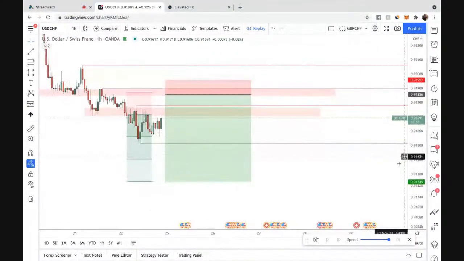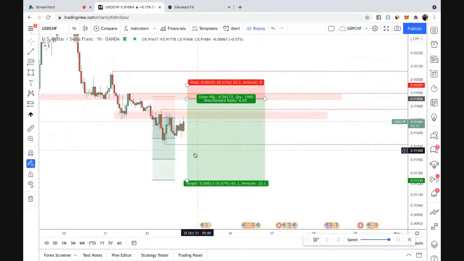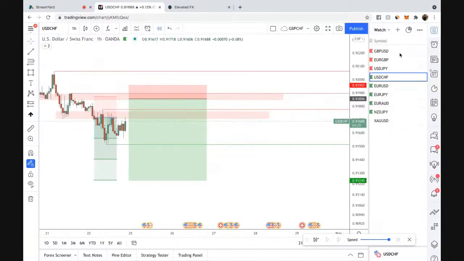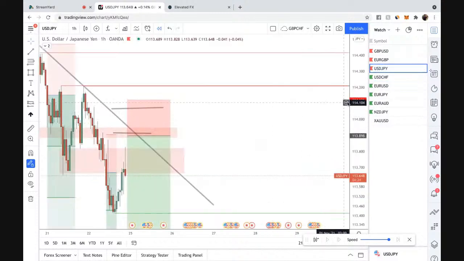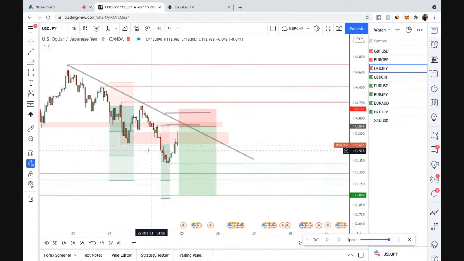So this would be the setup I would also be looking for on U-Swiss. Now, the thing is, if I get U-Swiss to go down, that means I need to watch obviously what the dollar is doing. If the dollar wants to drop, U-Swiss would go down. UJ would go down, right? So those are actually 2 plays that by the looks of it, look, UJ is already starting to reject. That's not me telling you to get in. Keep an eye on it.